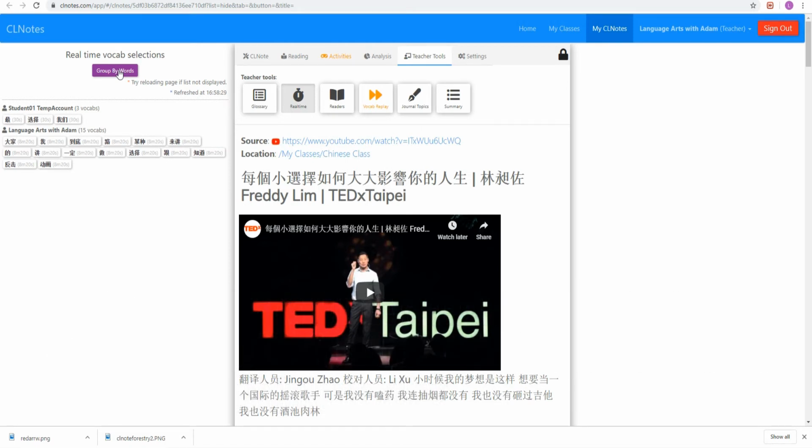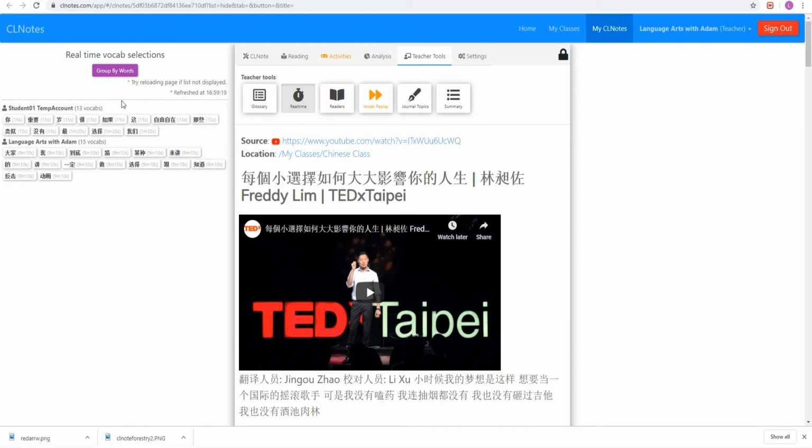And as I select these words, every once in a while, this window on the left refreshes, and it's telling me in real time what the students, or in this case, what I am currently looking at in the class. So it's going to continue to load up some of the words that I'm clicking on as I go through this. So you can see here that it's continually updating as I'm reading and as I'm clicking on certain words or